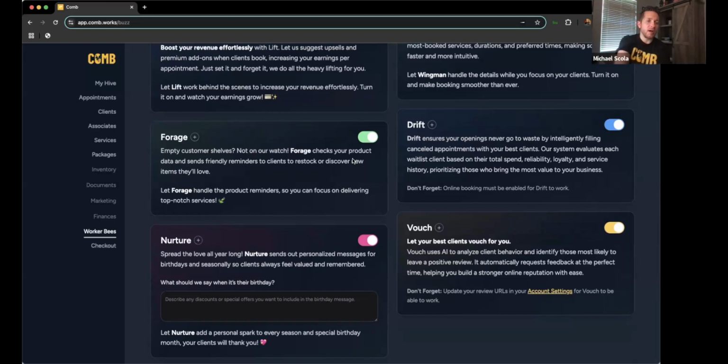Drift is our waitlist, which has gone through quite a few iterations over the past, let's say, 6 months. And there are more updates for it coming. As it stands right now, Drift will utilize it. In order to have the waitlist at all, you have to turn Drift on. After that point, you can let AI handle it. So we're looking at things like the score, what services they're trying to book, what total dollar amounts they're spending,